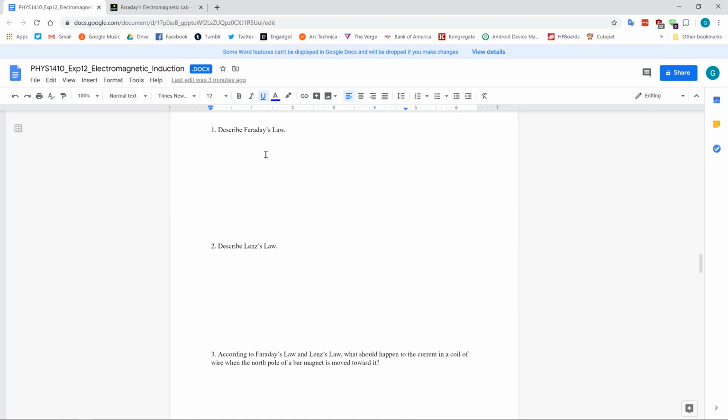Faraday's law tells us that whenever there is a change in magnetic flux through some coil of wire, then we get a voltage or an EMF out as a result. We talked about this from the standpoint of microphones, where we had either a moving magnet or a moving coil microphone, where a thin diaphragm was moving, typically with the coil, but it could have a magnet attached to it, moving a coil closer or further away from a magnet, or the magnet closer or further away from a coil, which gave us a small voltage,